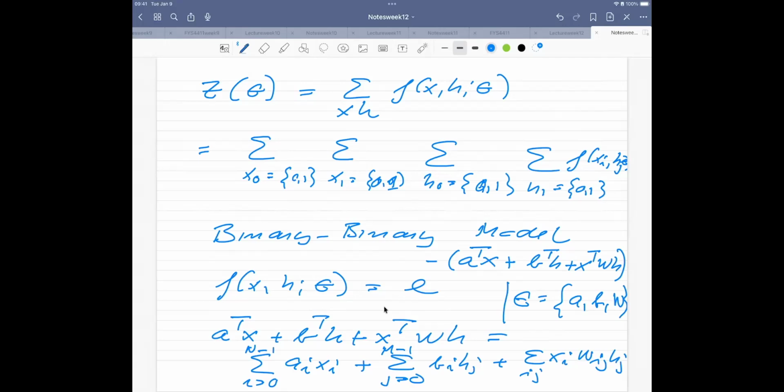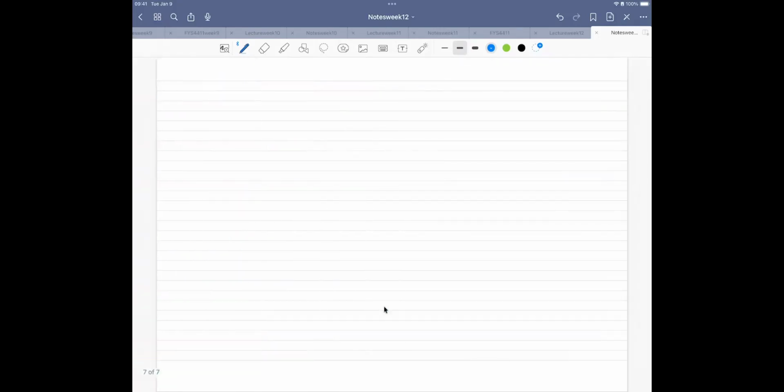This is a typical example of something which is an Ising model lookalike, for those of you who have encountered the Ising model. Okay? We went through many of these things last week as well,